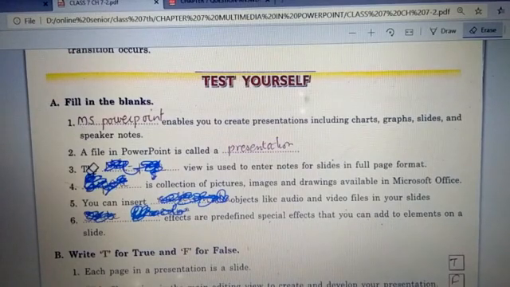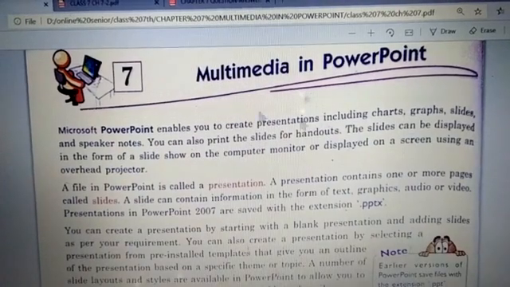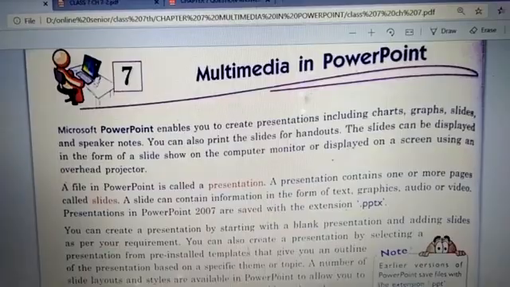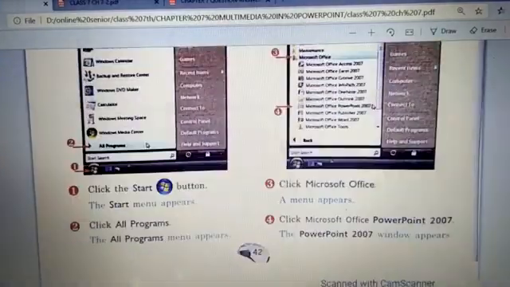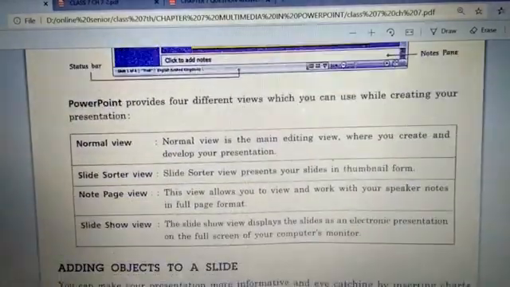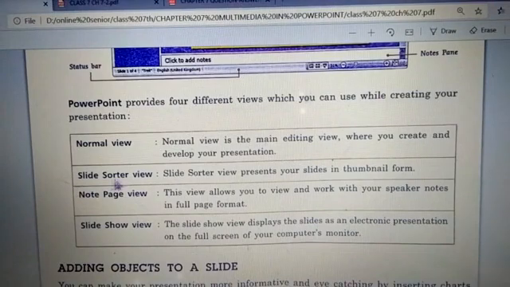Then next one is the dash view is used to enter notes for slides in full page format. So the question is related to view, and we know that in your chapter all the views that are provided by Microsoft are written here. See, normal view, slide sorter view. So these are all the views.